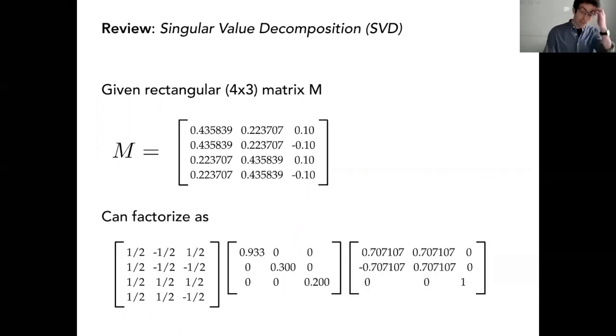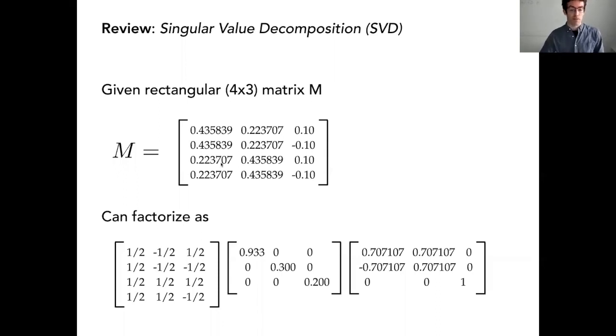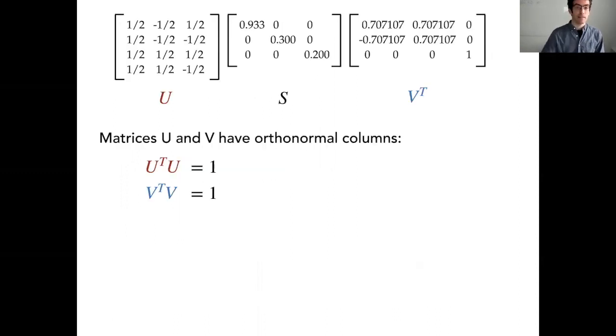Now let's actually see an example of an SVD of a matrix, just to be really concrete about it. Let's take a particular 4 by 3 matrix M. Those of you who know about low rank matrices could already probably see that there's something low rank about this matrix. There's clearly some structure. We can see repeated numbers and things like that. We don't know for sure, but the SVD will tell us. So we compute the SVD and we get this matrix U, we get S, and we get V. Let's look at these matrices and their properties.